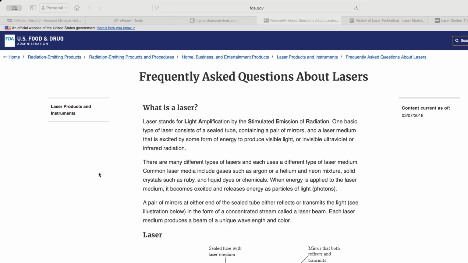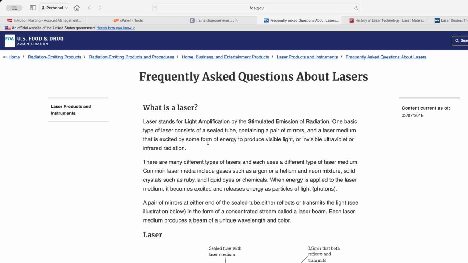And just to let you know, the laser concept, I'll talk about it at some point too. When I talk about the history, it came from Albert Einstein, one of his theories. He did not invent the laser itself, or come up with the name or anything, but he came up with basically the theory that was later used for that. So, without further ado, let's look at the first website, which just defines the laser, and we'll look at the history from there. But let's start with the definitions.